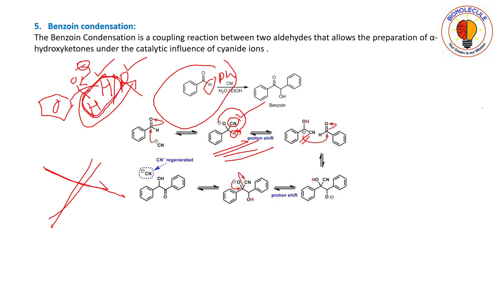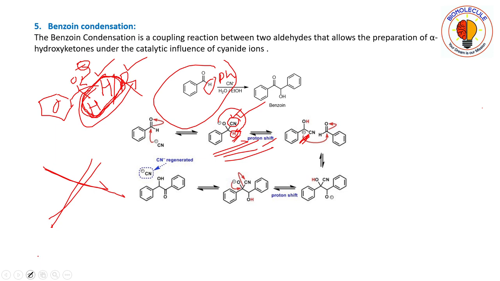Okay, in the Cannizzaro reaction there were no such groups, that is, no cyanide group or any other electron withdrawing group. But here there is one electron withdrawing group. Because of this cyanide group, that is this nitrile group, the alpha hydrogens are becoming acidic in nature. So this alkoxide ion, that is O minus, will take up this proton and give you a carbanion. That is, a 1,2 proton shift is occurring.